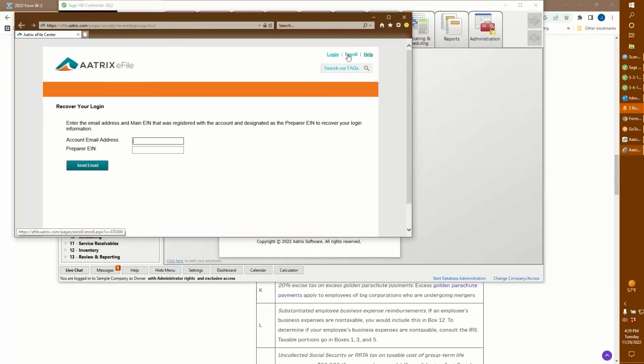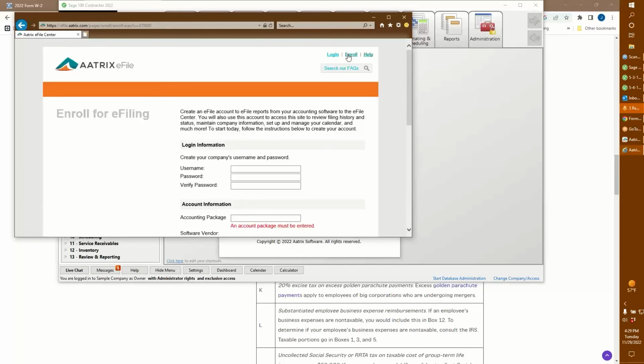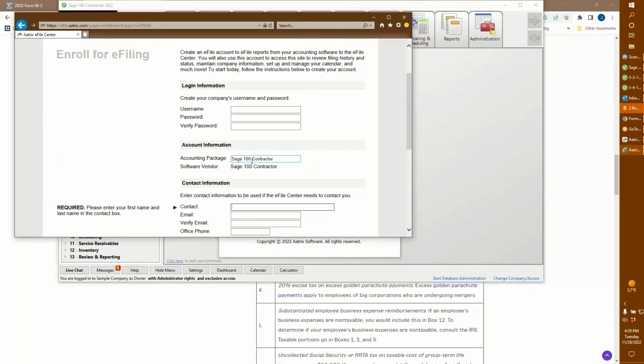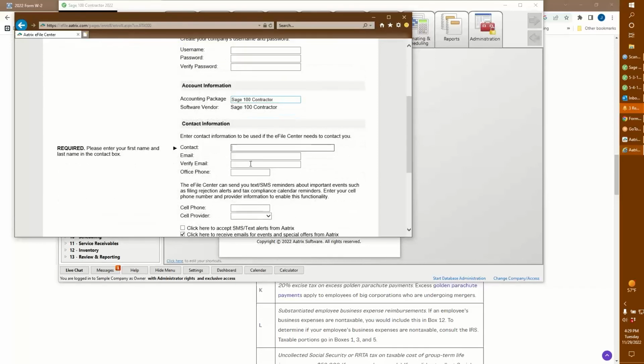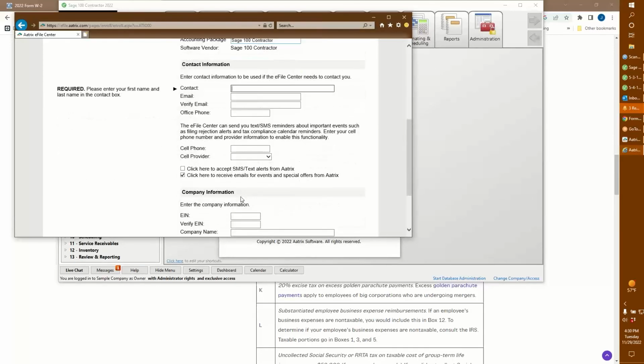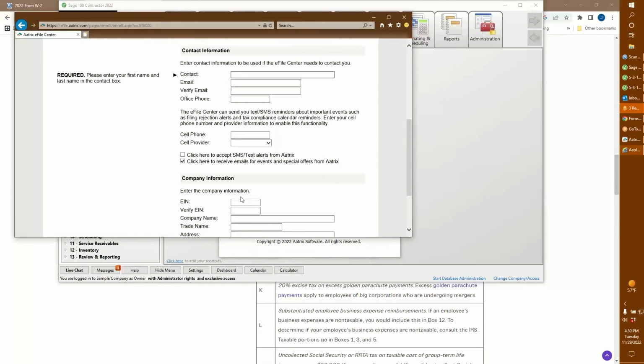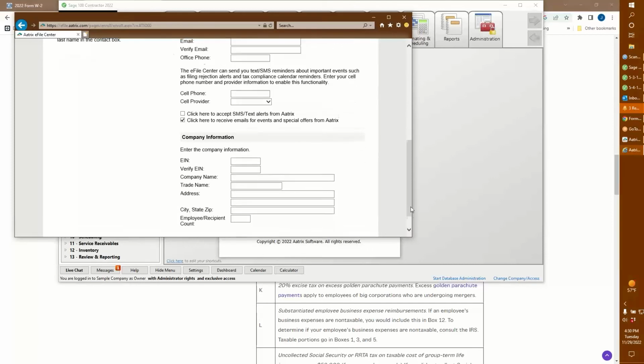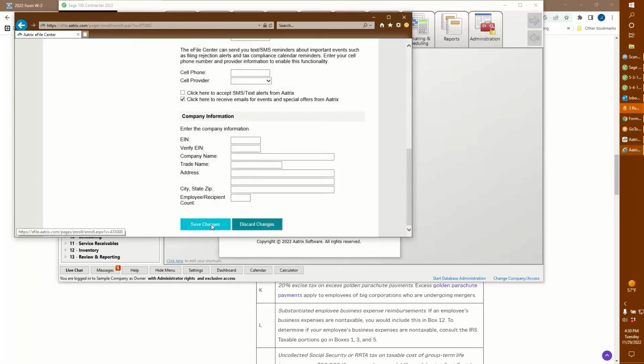Or we could enroll. If we enroll, then again, we create a username, password, the accounting package, that would be Sage 100 Contractor. Okay, contact information, email, all this stuff that's going to be needed, your employer ID number, company name, et cetera, et cetera, et cetera. Fill all this out, pay the money, and you will be enrolled.